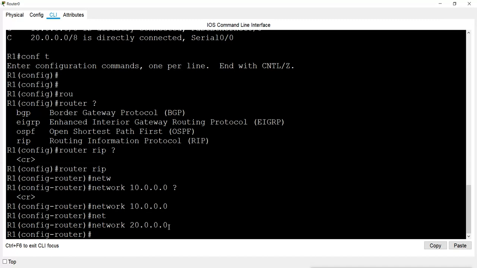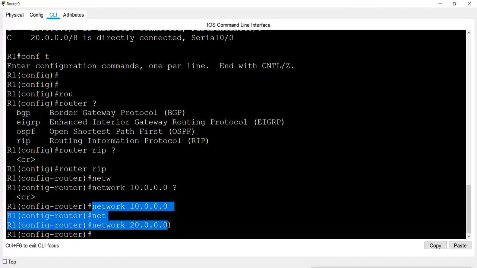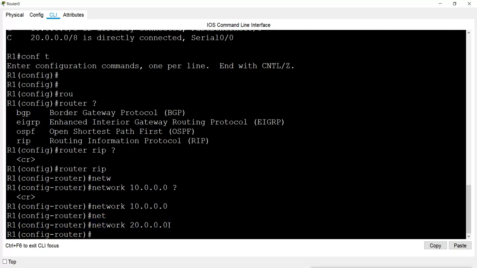So what I did here, I used only one command, that is router RIP, to enter into the routing protocol. Then I mention the connected network, only the connected network, and that's it. That is all. No other configuration we needed here.